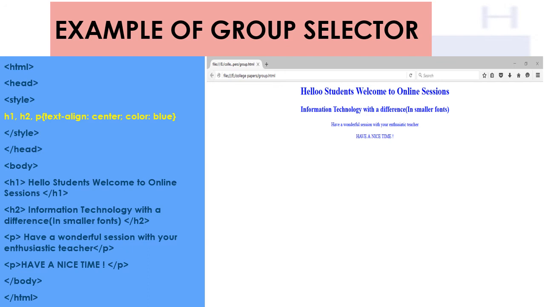So this is how, students, you have seen examples of types of selectors. Class selector, ID selector: class selector uses a dot character and ID selector uses a hash character in front of the name. Then we used group selectors, right? So we studied a lot of things today about CSS. We have to study this CSS very nicely, because in the first chapter CSS is the main part and it carries a lot of marks.